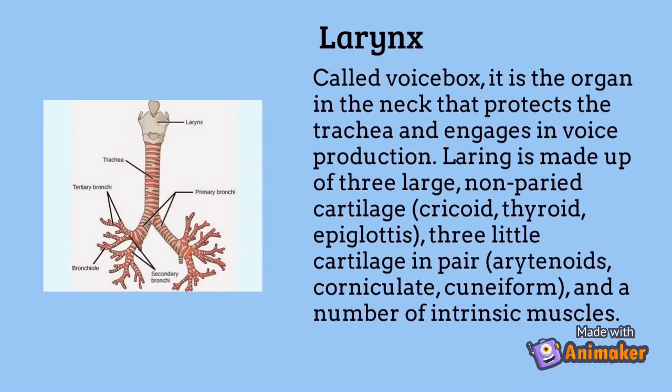Larynx, called the voice box, is the organ in the neck that protects the trachea and engages in voice production. Larynx is made up of three large, unpaired cartilages, cricoid, thyroid, epiglottis, three little cartilages in pair, arytenoids, corniculate, cuneiform, and a number of